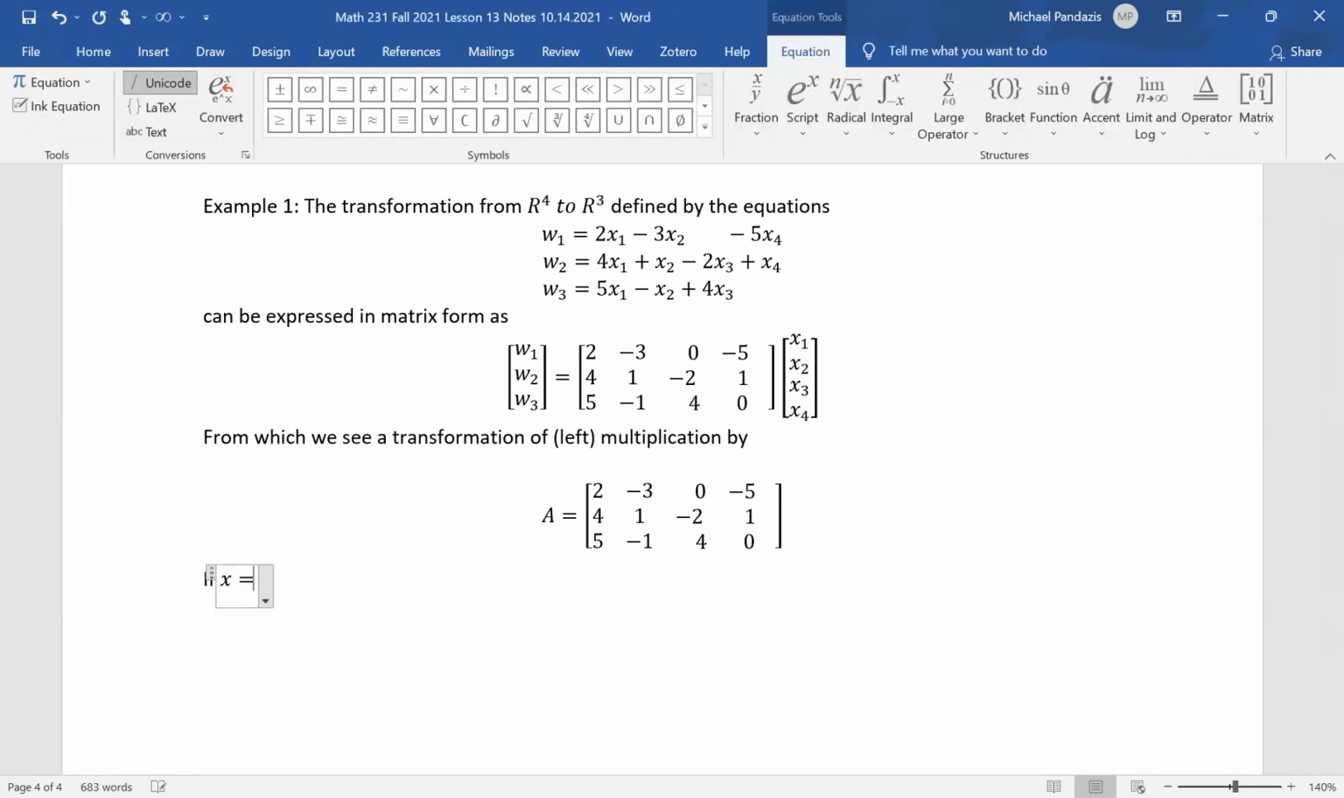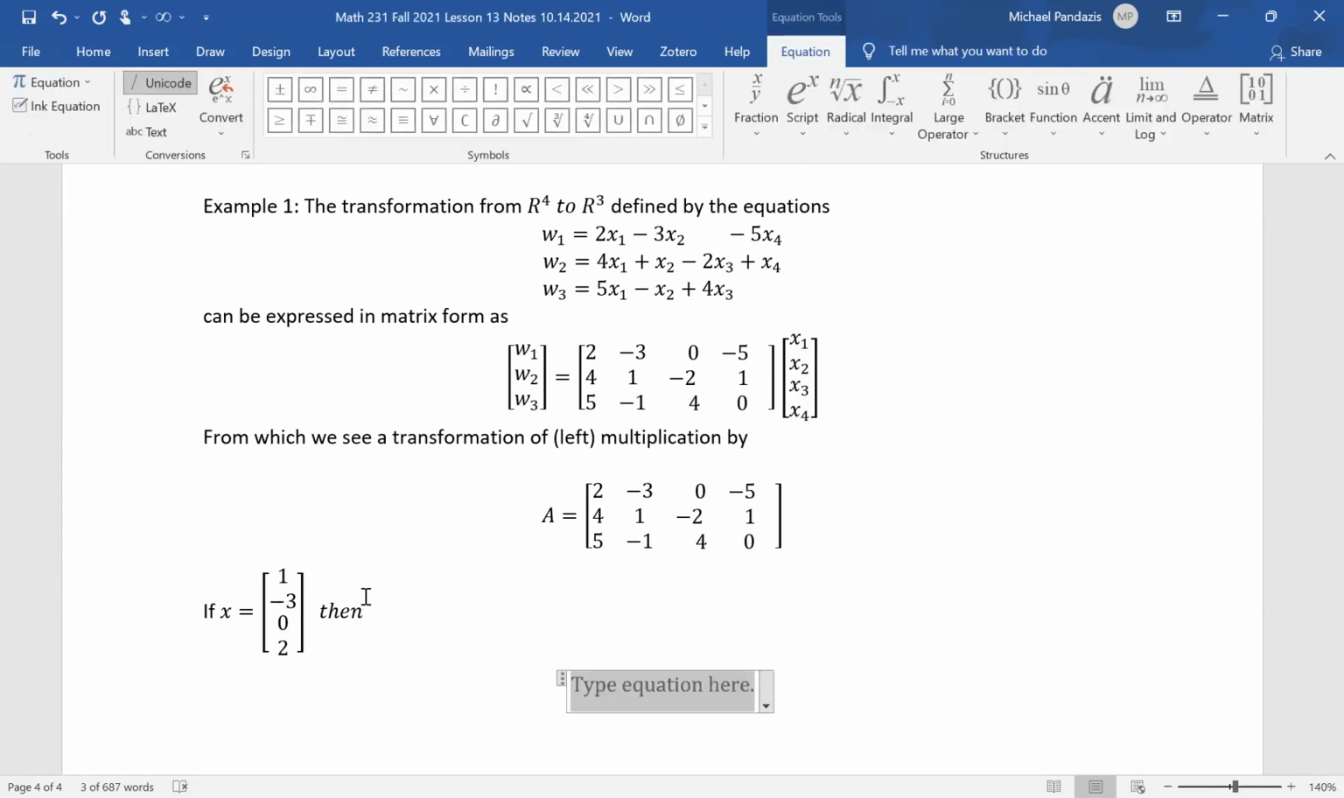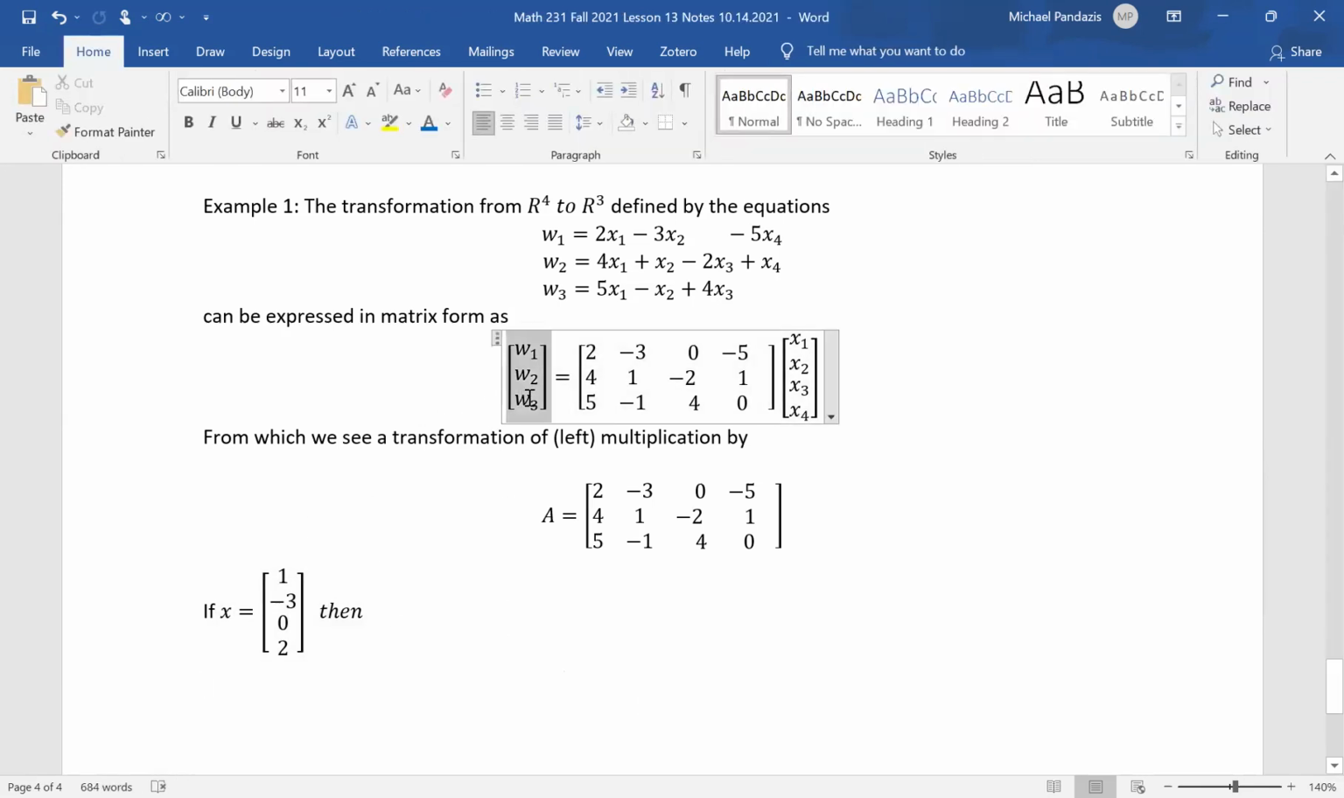If our vector x that we input into this matrix transformation is this specific 4-tuple that I'm going to put in now. So if our 4-tuple input is 1, -3, 0, 2. So if x is that vector, then what we have is that our vector here,